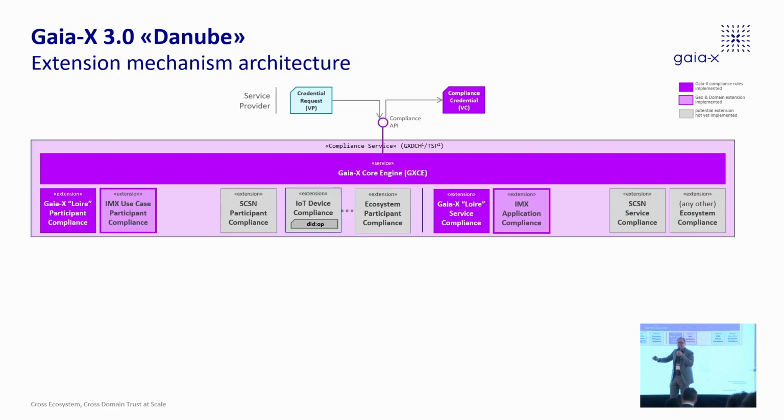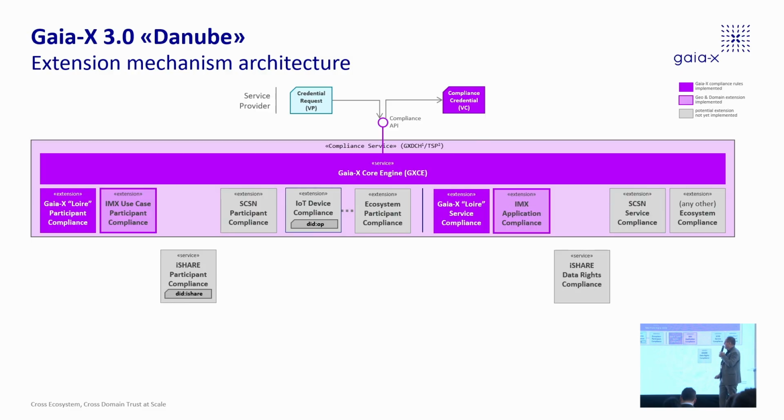There is no way that the small Gaia-X lab team is able to develop, I don't know, without costs, all the extensions. And then we have other ecosystems, like iShare, who have very large compliance engines. Actually, it's more a compliance ecosystem itself with different servers, different services, and there is no way that they will rewrite their code just to fit into our core engine. The first version of the core engine. So we had the idea of then separating those two ways of extension into a local one and something remote. I have more details later on.